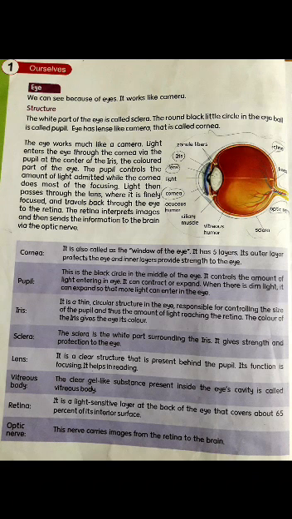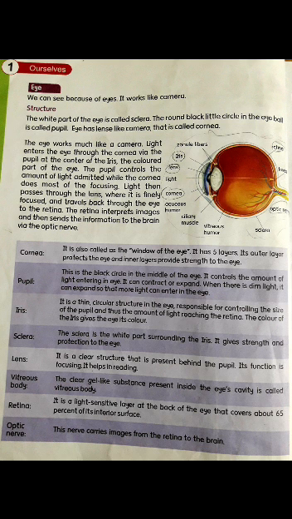Pupil is a black circle that is present in the middle of the eye. The work of a pupil is to control the amount of light that is entering the eye. Pupil can expand as well as contract. When the light is dim, the pupil can expand so that more light can enter in the eye. And when the light is dark or with a high intensity, then the pupil can contract so that less amount of light can enter the eye. Then comes to iris.